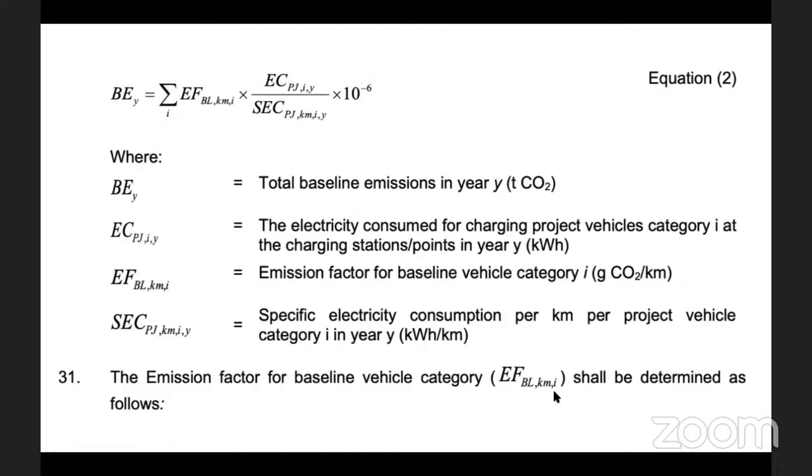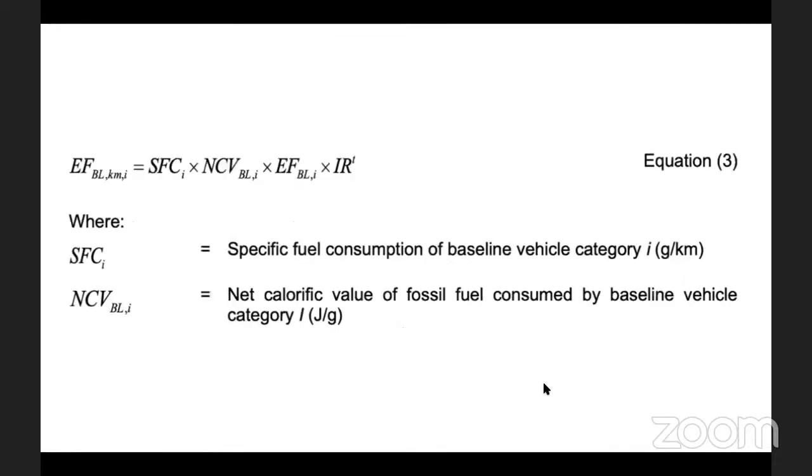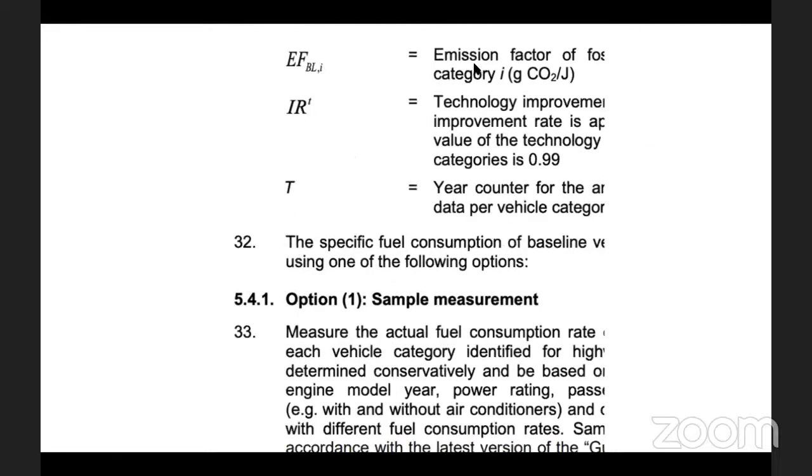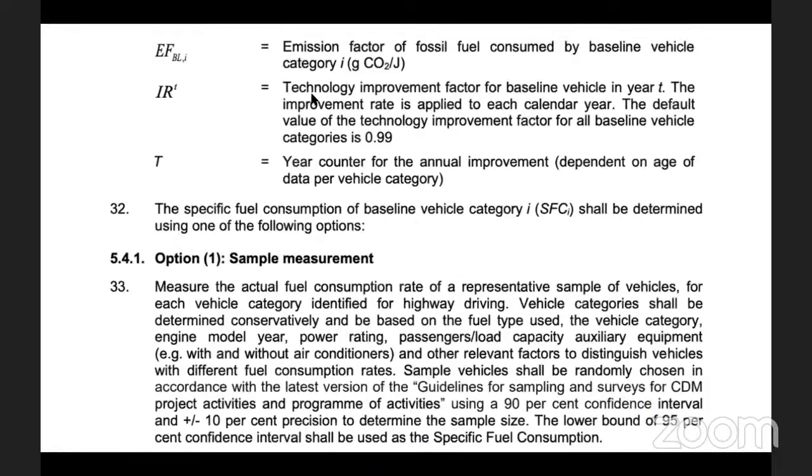The emission factor for baseline vehicle category EF、これですね、EF。CO2、単位あたりの CO2 ですね、1キロあたりの。shall be determined as follows ということで、これ実際単位あたりどう決まるかっていうね、SFC's specific fuel consumption of baseline vehicle category。まずは1キロメートルあたり何グラム出るかっていうところですね。それと NCV っていうのが net calorific value of fossil fuel consumed by baseline vehicle category ということで、ジュール、グラムあたりのジュールっていうので、しっかりキログラムあたりにジュールっていうのが出てくると。で、その下ですね、EM。emission factor of fossil fuel category ということで、ジュールあたりの CO2 で出てくると、熱量で。IR っていうのは technology improvement rate is approved for the technology category in its 0.99。で、T っていうのは year counter for the arrange data per vehicle category ですね。というところで、この